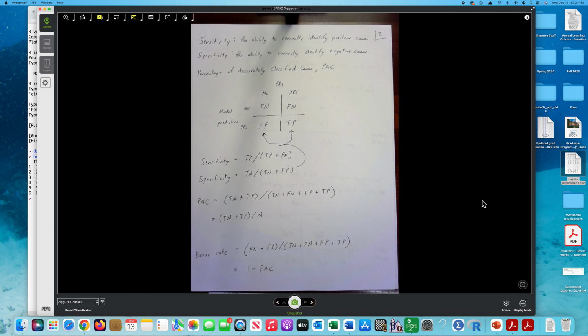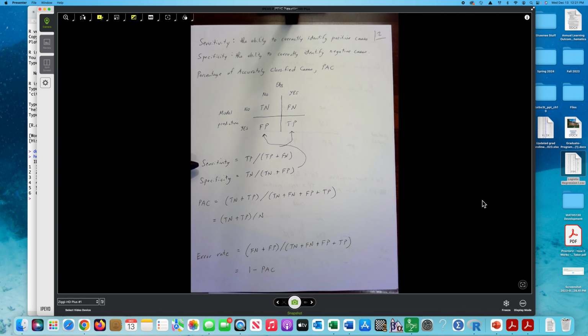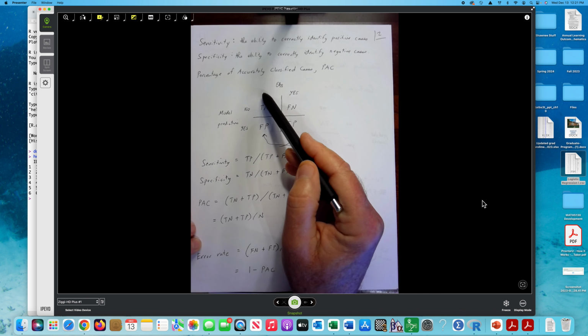Percentage of accurately classified cases, which we typically abbreviate as PAC, is exactly what we say it is. What percentage of cases were accurately classified? Now, to calculate the sensitivity, I always calculate it first, because if I set my table up correctly,